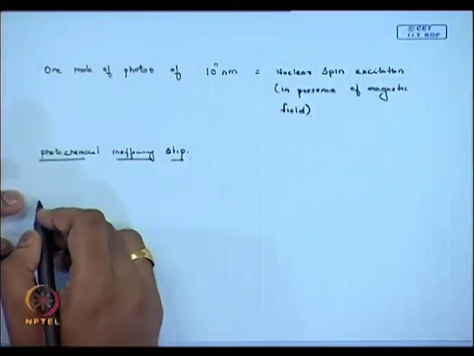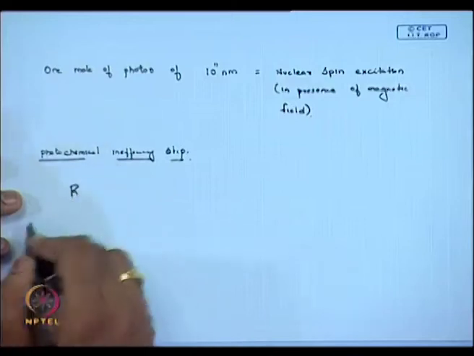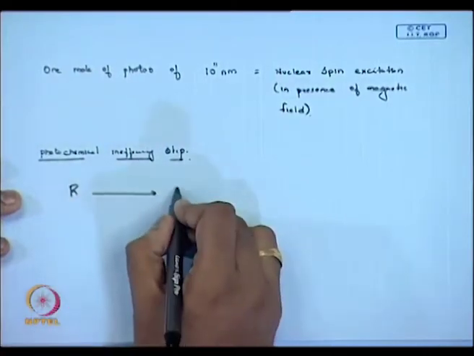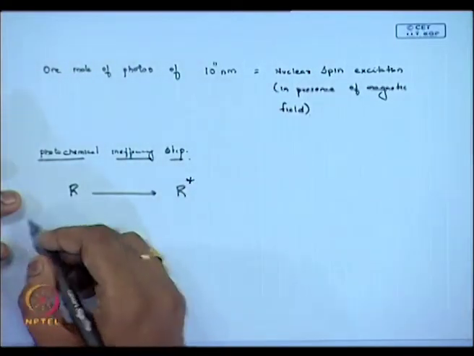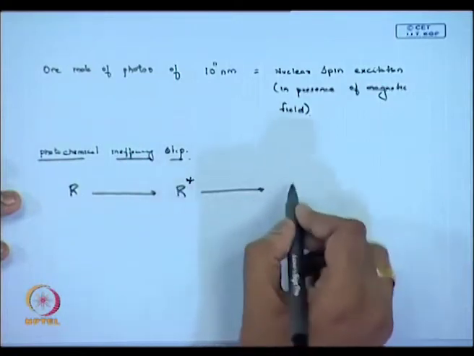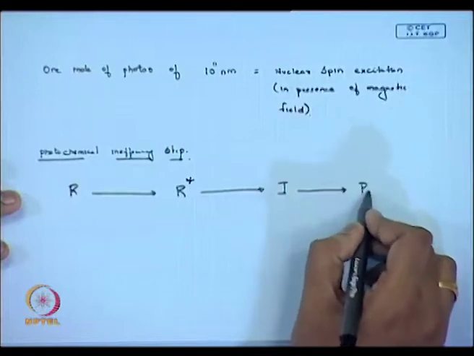So, what I said initially, you have an R, and this R, as we said, gets excited to your R star. We can say now then your R star gets to your I, this I gives you the product P,